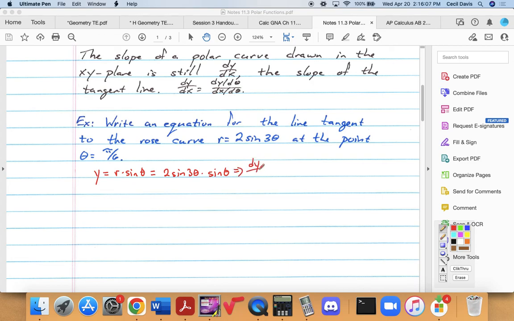Then dy d theta is going to be 2 sine 3 theta times cosine theta plus sine theta times